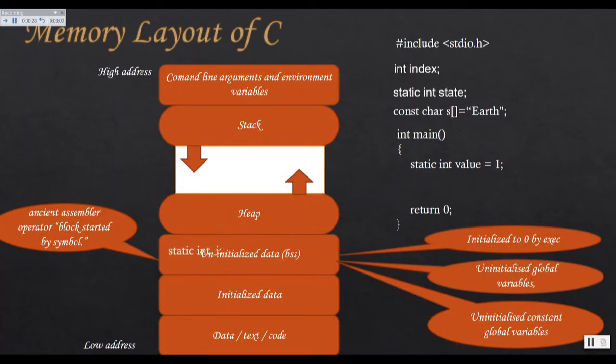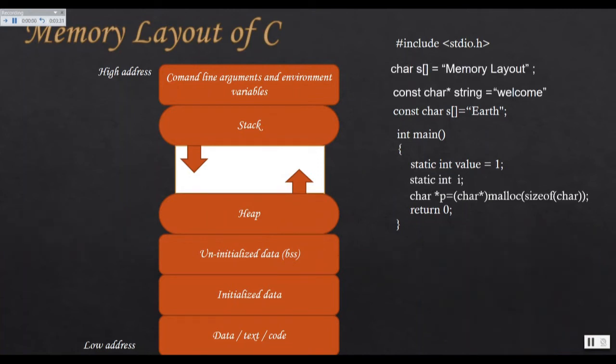Here, static int i, which is not initialized, will go into this uninitialized data segment. But static int value equal to 1, which is initialized by the programmer, won't go into the uninitialized segment. Global variables like index or static int state, both of these go into the uninitialized data segment, as they are uninitialized variables. Those are stored in the uninitialized data or BSS segment.